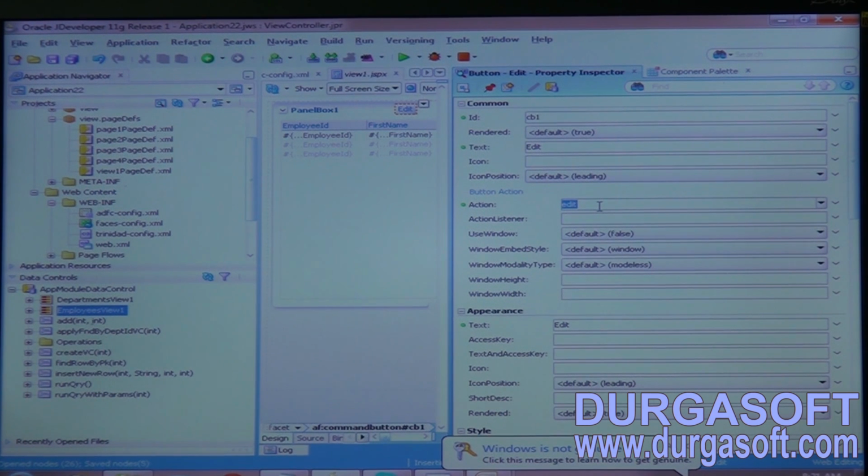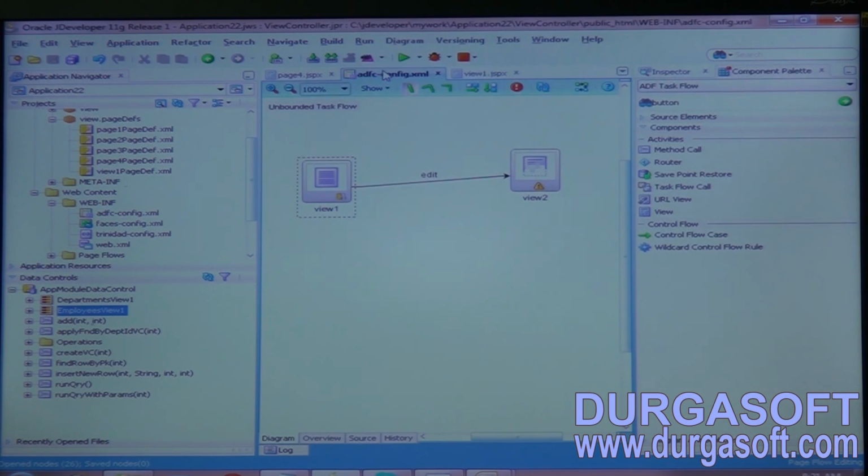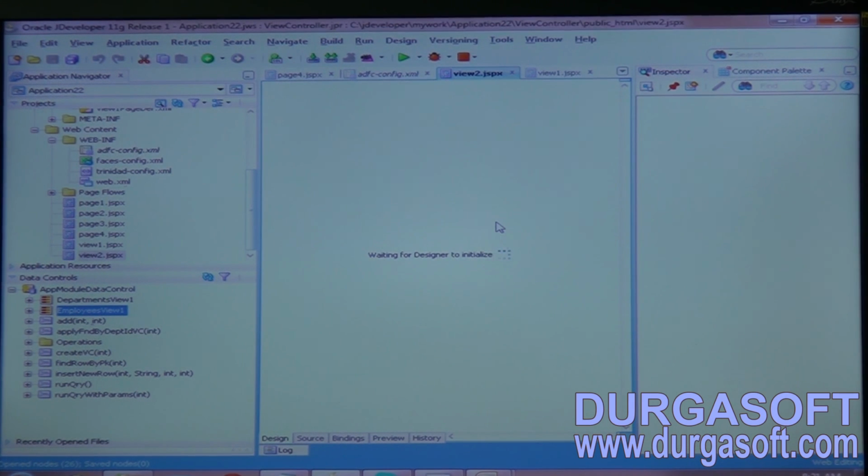Okay, so now save it. Next, let's check, run this one. Okay. What I did, just in the page 2, again design the page 2 also. Page 1 is designed and now design the page 2. View 2. Okay. So in this page, what you want to do is edit the row. Then so take what,